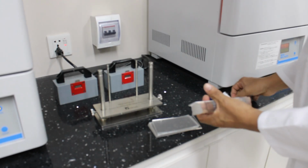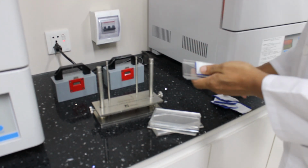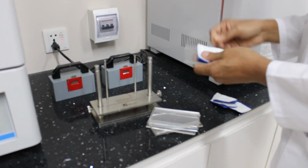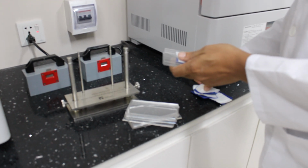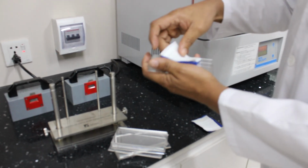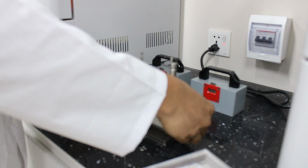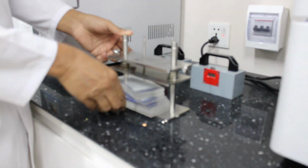Color fastness tests. Color fastness to water evaluates a fabric's color retention when exposed to water. Color fastness to perspiration assesses color retention in acidic and alkaline sweat conditions. Color fastness to dye transfer in container storage tests a fabric's resistance to dye transfer when stored at 70 degrees Celsius